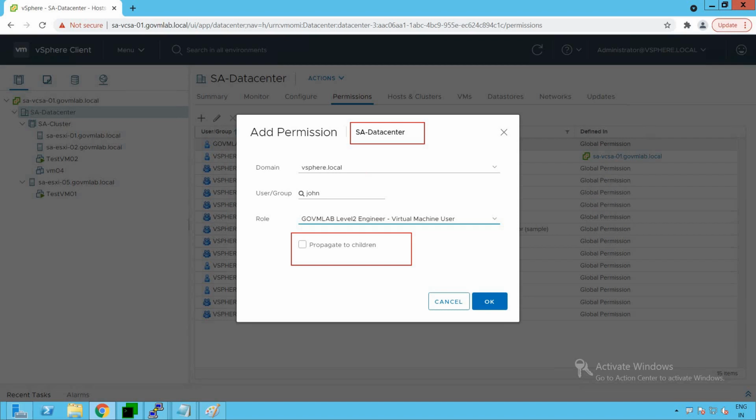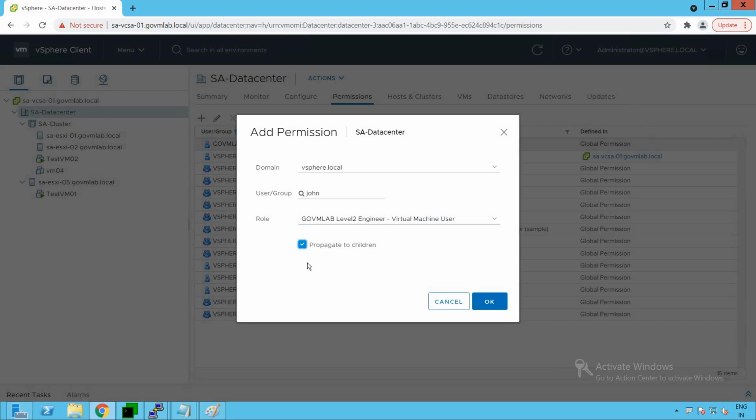But if I select this option called propagate to children, all the object hierarchy which comes inside my data center, for example, the cluster, host, and VMs in this diagram, will get these permissions. These permissions will be propagated not only to the object where we are creating them, but to the hierarchical objects as well. So that's the meaning of propagating to the children.